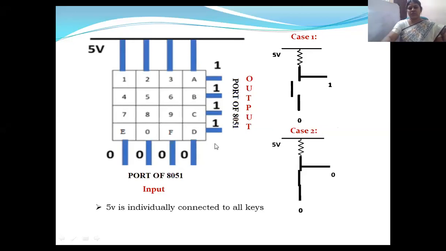Okay, so if I'm saying that you just tilt this, then this will become column and this will become row. So anyway I can make it. So now this is column and this is row, or you can make this one as row or this one as column. That is our wish. Okay, now what I'm doing is, here I'm taking this one for the concept. I'm saying how this will be connected is, here you can see each key will be given with a supply. Okay, so you'll have two cases here.